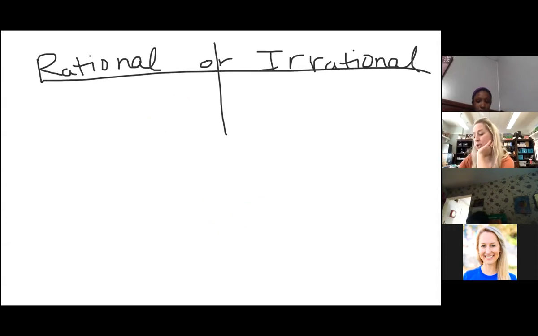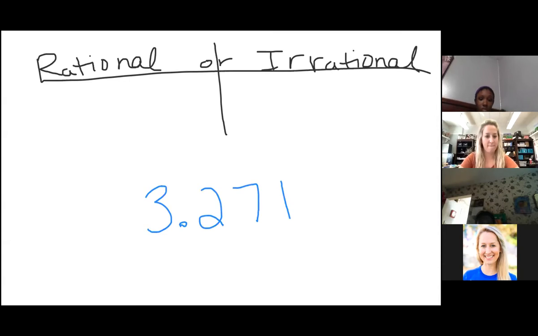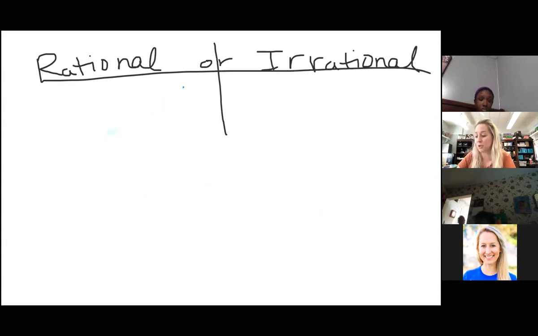Okay. So what about 3.271? Rational. Do you say rational? Yes, that is rational. So even though you don't see anything that's the same, that is still a decimal that stops. It would have to say it goes on forever. And usually they'd give you enough numbers to be able to determine if it went on forever or not. Okay. All right. So that one is rational. Most of the numbers in the real number system, all the numbers in the whole world, most of those numbers are rational. Okay. What about